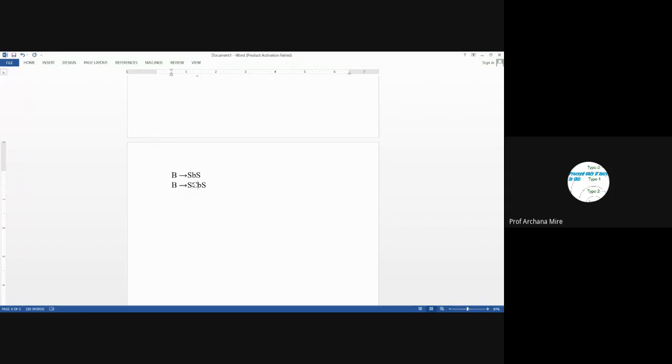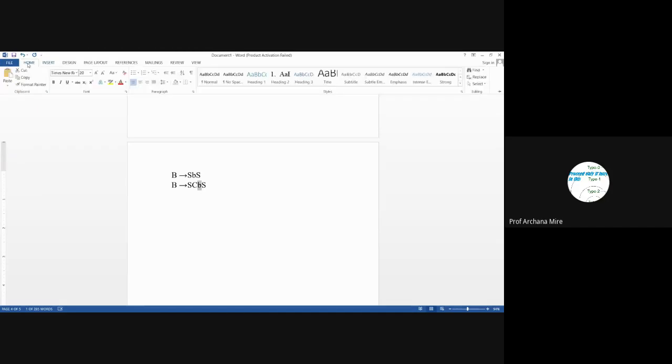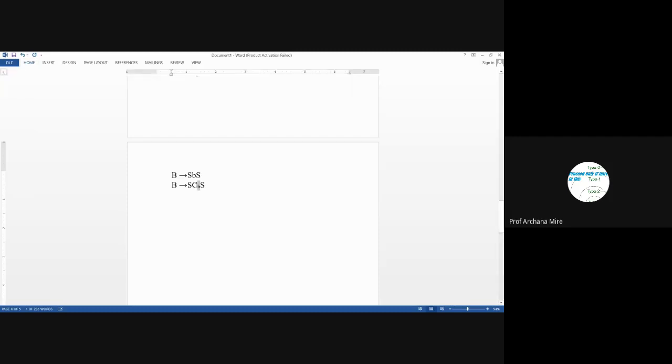So I will write a new non-terminal CB in place of B, and we will insert a new production rule here, CB leads to B. Now once again, this particular production rule is not in CNF, so we will need to apply the next step.